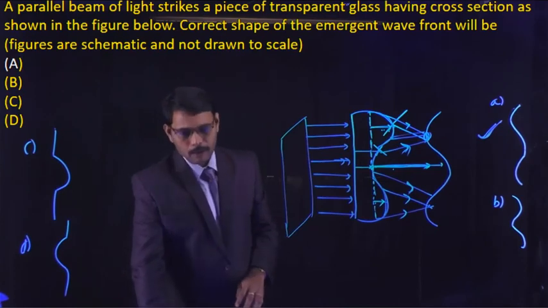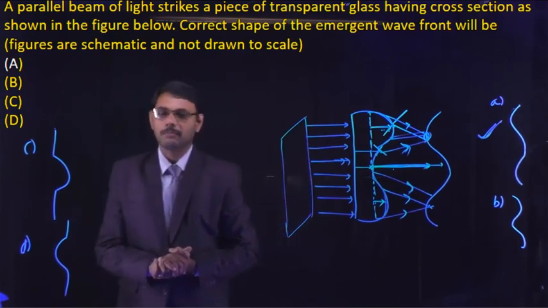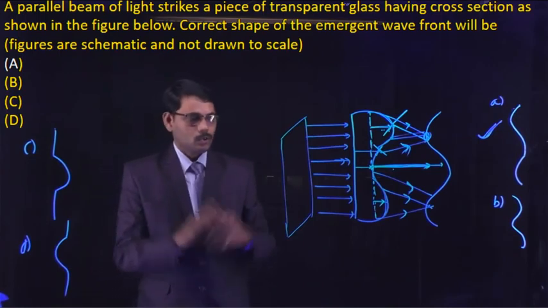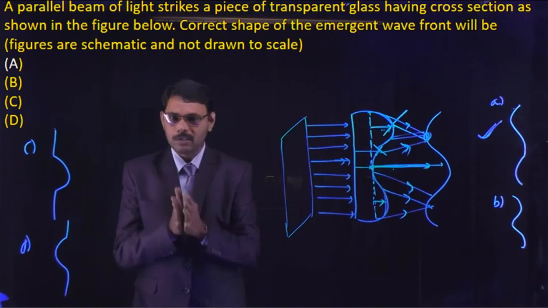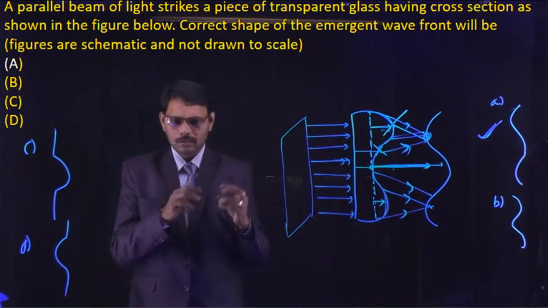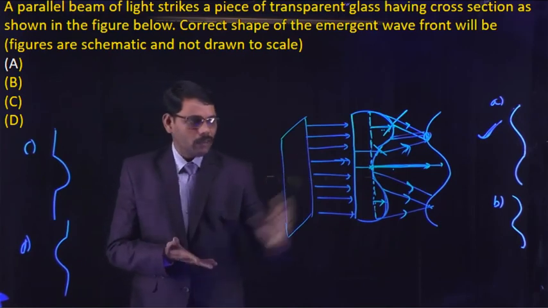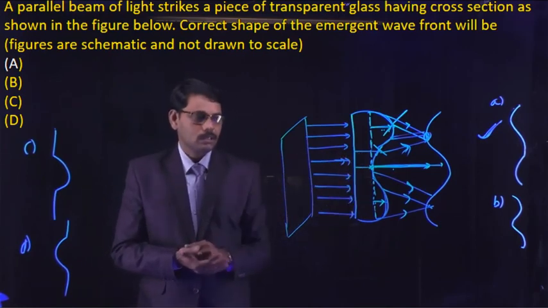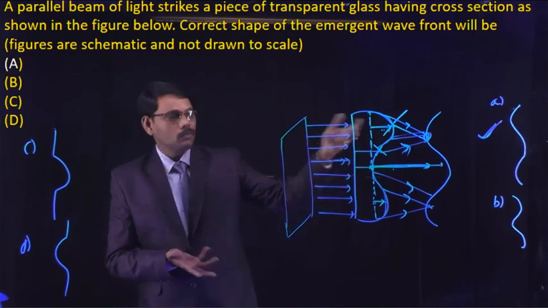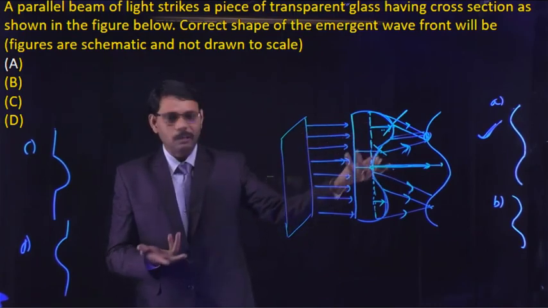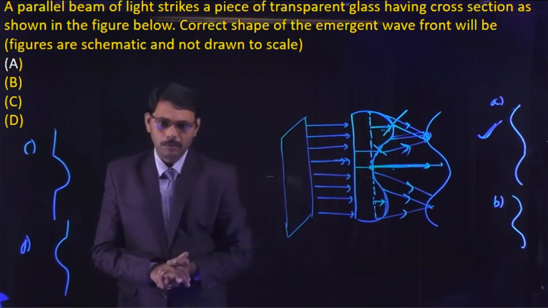Students, the discussion of this JEE Advanced 2020 September problems shows that you must be thorough with the concept. Concept is more important; solving a number of numericals is not the criterion here. When you know the concepts of the wave optics chapter as well as ray optics, we can solve this problem. There is no numerical equation here. By knowing the concept, we solve the problem.